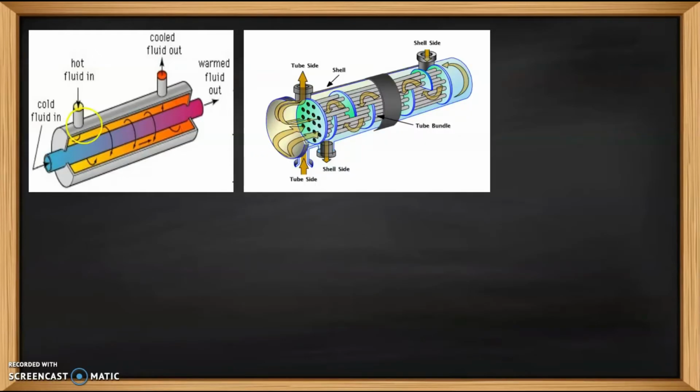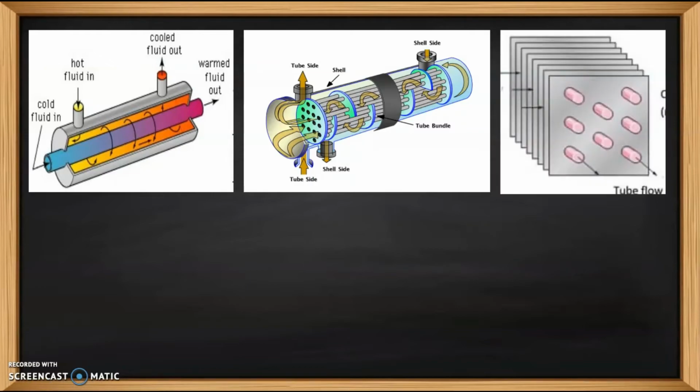Shell and tube heat exchanger, there is one type of shell and the tubes arrangement is given. So one fluid is moving on the shell side, another fluid is moving inside the tubes, and the tube is separating the two fluids. This kind of arrangement is called a shell and tube kind of heat exchanger. Here there are various parts. This is a tube side inlet, this is a tube side outlet, then shell side inlet, shell side outlet, and here some plates are given, and these plates are known as baffle plates, which are used to support the tubes at different intervals.